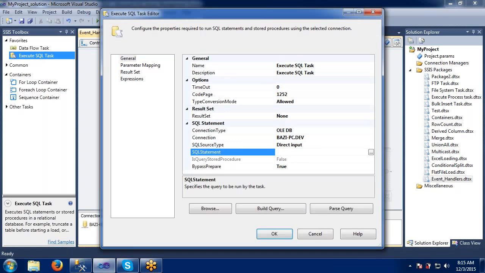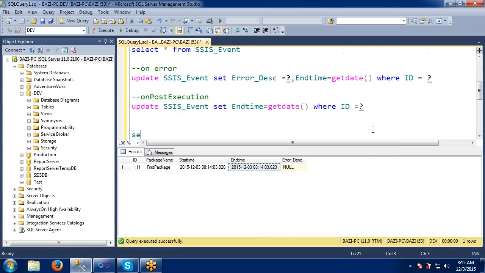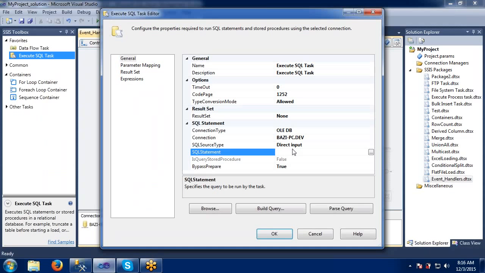What we can do is, yesterday also we have seen this one: select 1 by 0. So divided by 0 encounters an error. When we are selecting like this, it is an error, that's why it is throwing one error here. Let's do the same thing and see how that error will be captured. Yesterday we saw that same error, right? Now we are doing it with our own table here. Let's try this one.